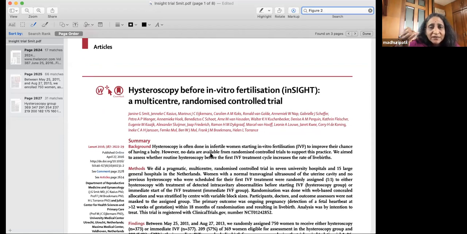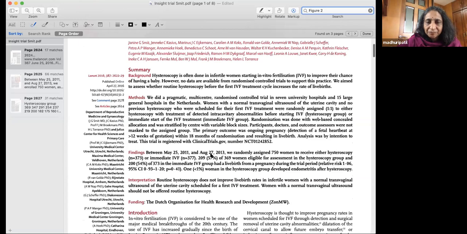So there are two advantages: it was a randomized trial, and second, it was a multi-centric trial. That is, it was not done in one place. They have got results from all over, so it's not biased, not pertaining only to a particular country or place. Similarly, we had the TROPHY trial, which was on hysteroscopy before IVF in patients who have had recurrent implantation failure. And we know that both of them have shown that there is no benefit of doing hysteroscopy before in vitro fertilization.